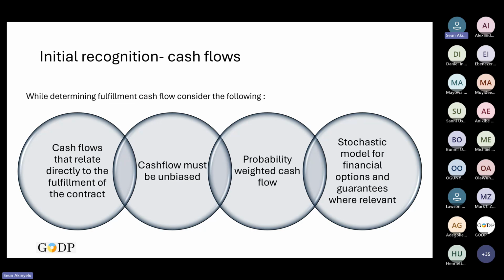When you are looking at these cash flows too, they must be probability weighted, because you are looking at the probability of you paying claims in the future, the probability of your premium coming in the future. You are not sure whether they will pay next month, or whether you would have to pay claims of 50 million next month, or in the next 2 months, or 3 months. That is why you factor in probabilities. Those are the major things we need to factor.